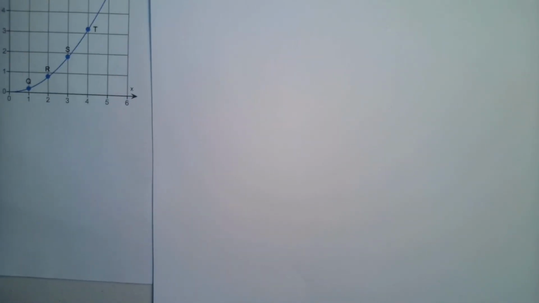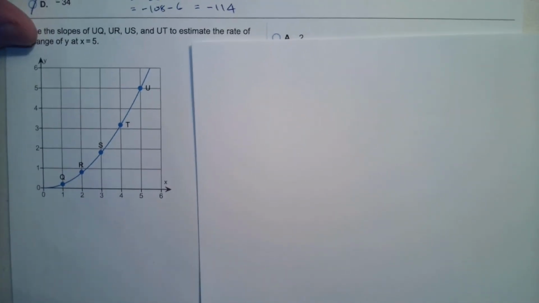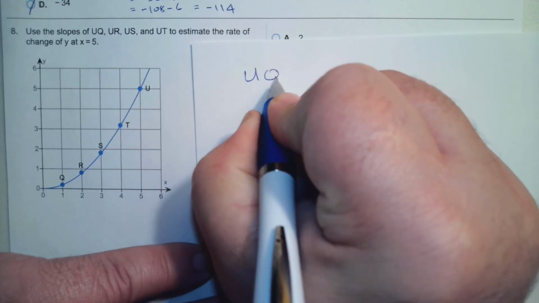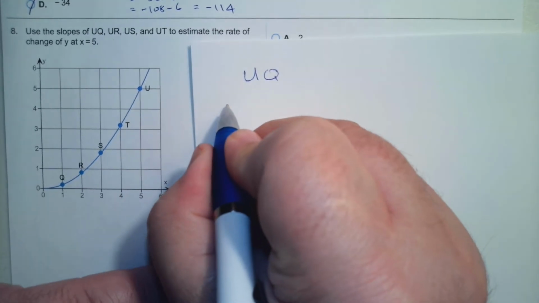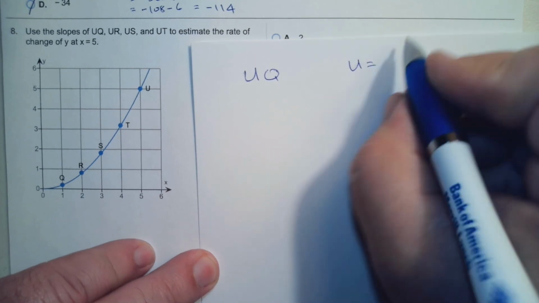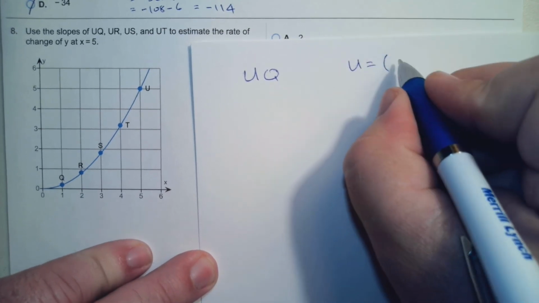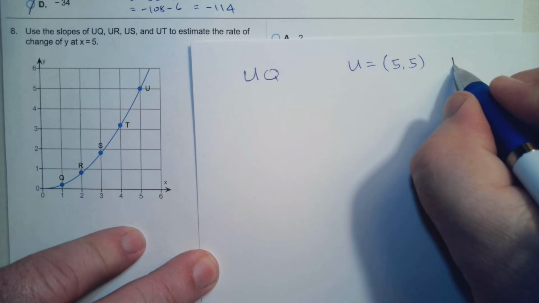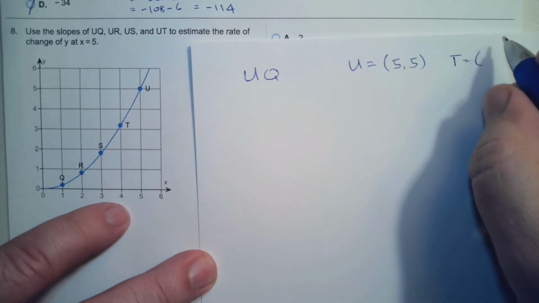So let's first see these. Maybe first, the point U is at 5, 5. The point T is at